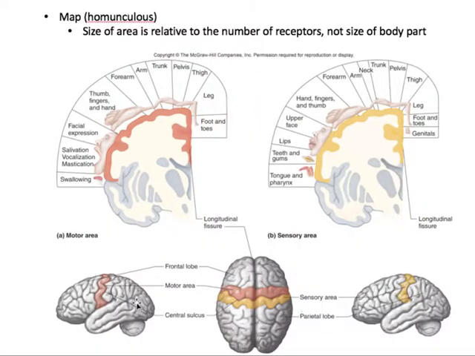Okay, so one of the things I really think is interesting is you can make a map of either where information's coming in to the brain or going out of the brain. So remember, we have the motor area, which is in the precentral gyrus. So think of motor, think of your car, motor's in the front. Motor's in the front here, and the somatosensory area is in the post-central gyrus, so it's right behind the central sulcus. And we can make a map, and this is called a homunculus.